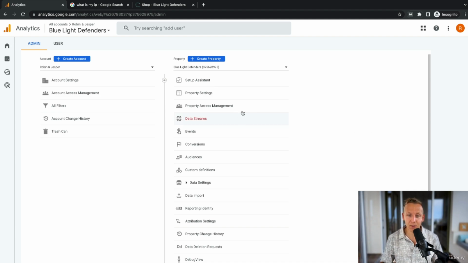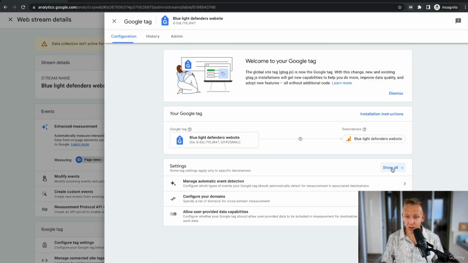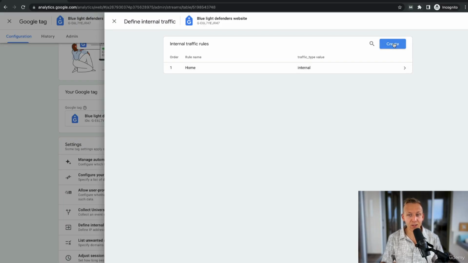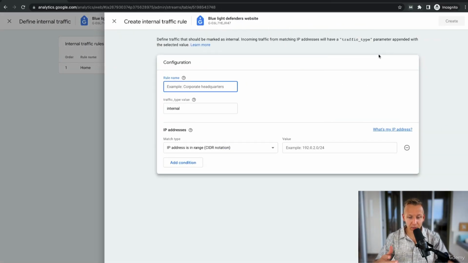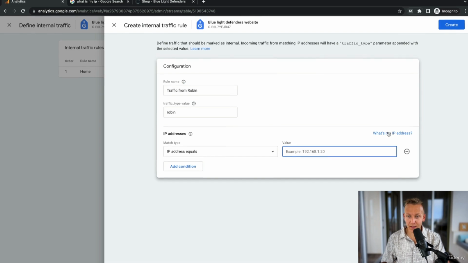All we're going to do is head back by going to data streams, click on the stream, configure tag settings, show all, scroll down, define internal traffic, and then I'm going to create a new one. And this one is going to be called, so let's say I'm the one that is doing the testing. I could call this one traffic from Robin. And then I'm going to change the traffic type value into Robin, just like that. And just like before, IP address equals, I'm going to go grab it again,